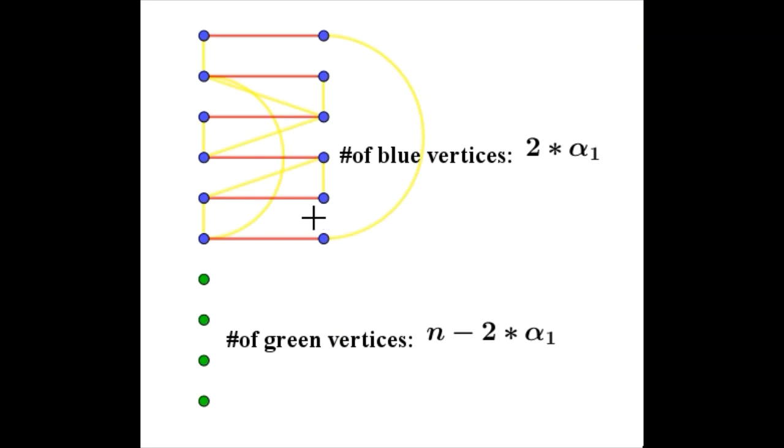So now the next question is, what can you say about the remaining black edges? Can we say that there is a black edge between these 2 green vertices? Think about it. So the answer is no. If there is an edge between these 2 green vertices, then we can add that particular edge to this matching, and this matching won't remain a maximum matching, right?